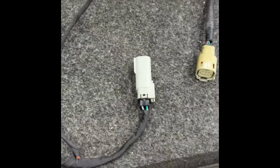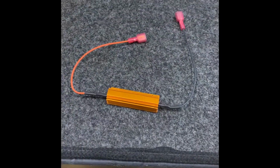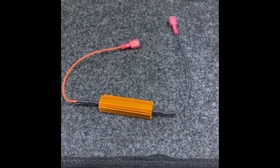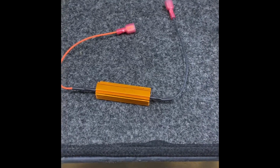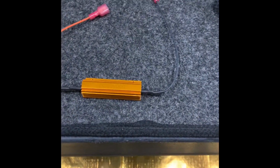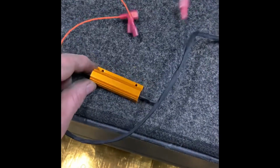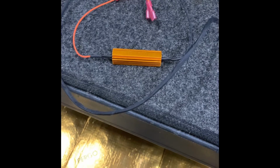junction block in the back, and then these two wires go to the resistor, and the resistor does prevent the blinking fast, because our body control modules need to see the resistance in the bulb to tell you that the bulb is out in the back. So this resistor generates the resistance that the bulb would normally generate, and then Phil gives you the extra length here so that you can mount it in a remote spot, because when the taillights are on, these resistors do get hot. So you want to mount those to a metal surface, either underneath